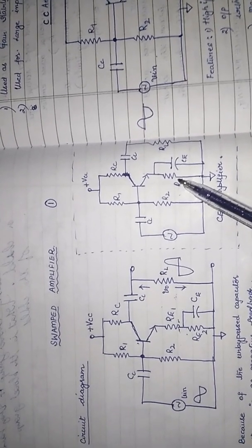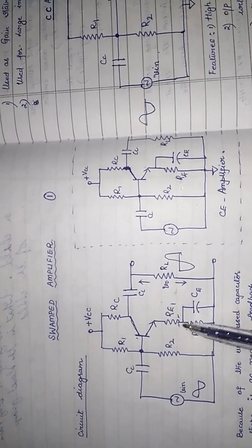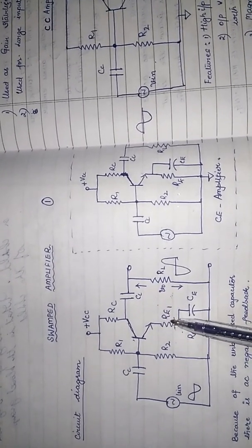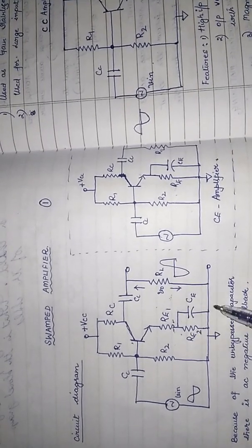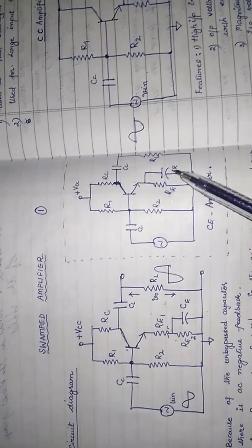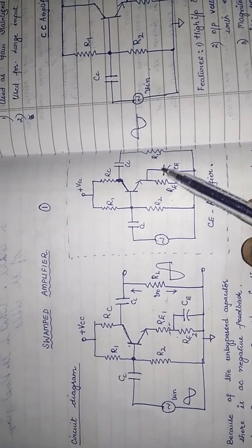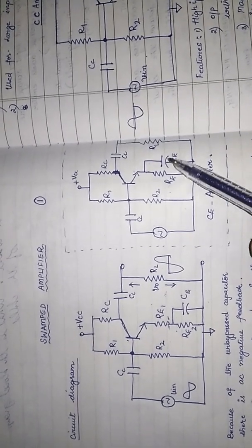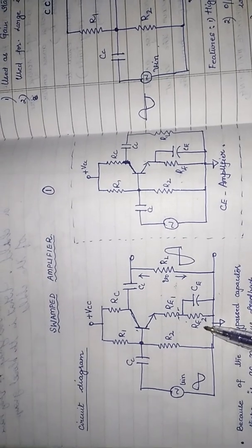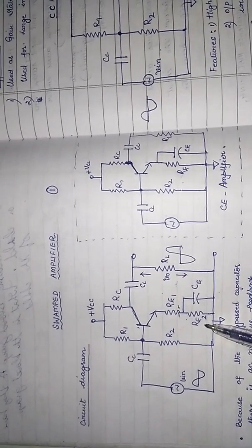So this point will help you to remember even the circuit diagram. So what is it? You have a resistance RE, the emitter resistance, which is unbypassed. Of course this is bypassed, but then you have a resistance which is unbypassed, but here you don't have any unbypassed emitter resistance. So that is a striking feature for you to remember. So the probable question that can be on this is, draw the circuit diagram of a swamped amplifier and what are its